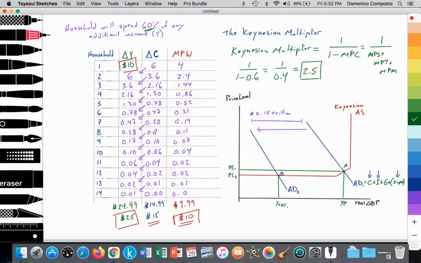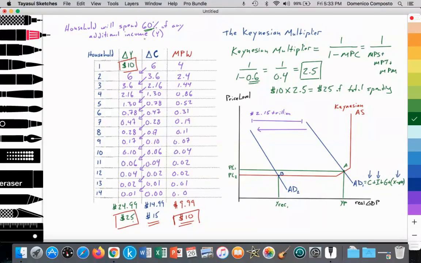When we injected $10 into the economy with the Keynesian multiplier of 2.5 as a result of household spending on average 60%, that led to $25 of total spending in the economy. The initial injection multiplied by 2.5 gave us $25 of total spending as a result of household spending about 60%